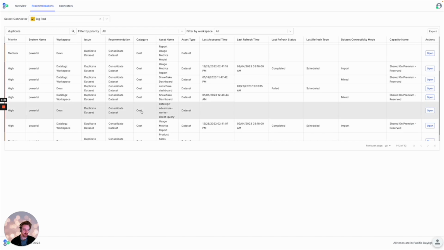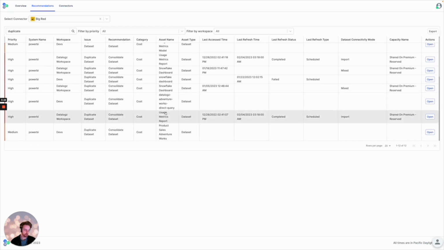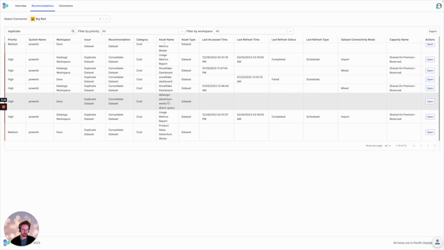So this would be spending 4 times as much compute cost than I would need to spend. And if they are being refreshed, let's say 8 times per day, that'll be about 31 different refreshes that didn't need to happen. And you can imagine that as this problem scales to hundreds, thousands, tens of thousands of duplicate datasets, each refreshing 8 times per day or more, this represents a serious cost overrun that can easily be